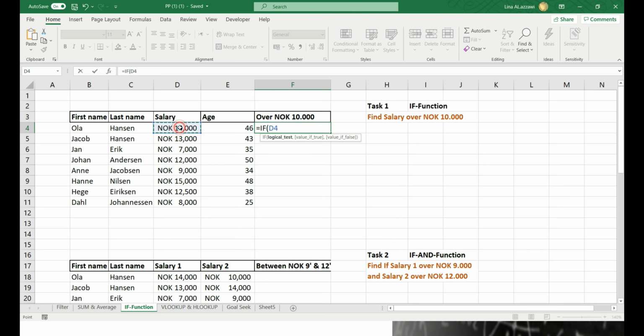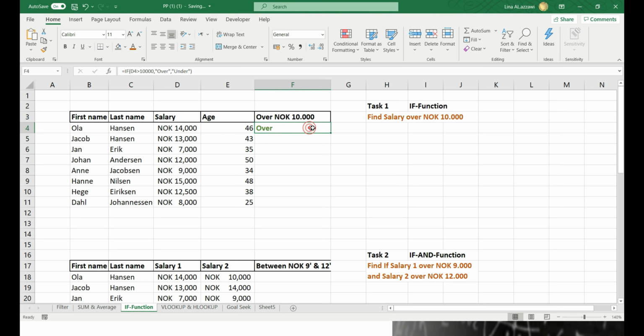Write if it's greater than 10,000, comma, and quote sign. If value true, we will go for over, or we can go for yes or true. You can decide whatever you like. Comma, quote sign, and we go for under, and close the parenthesis and hit enter, and the condition